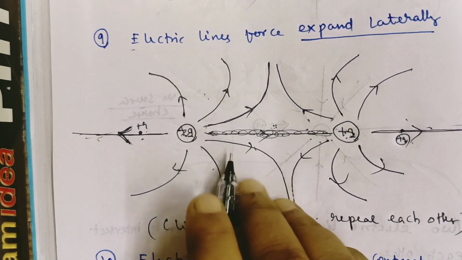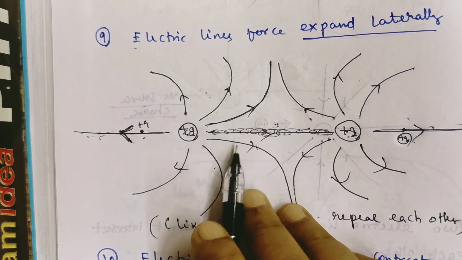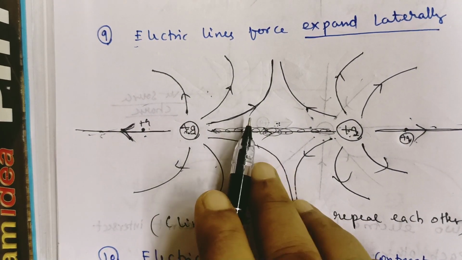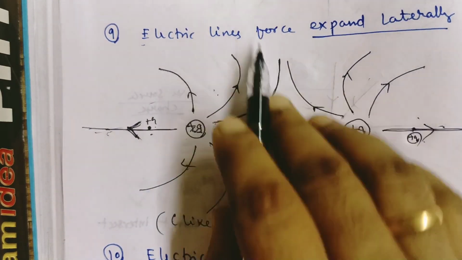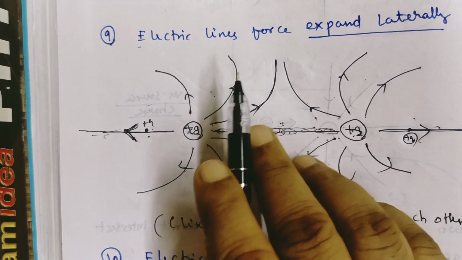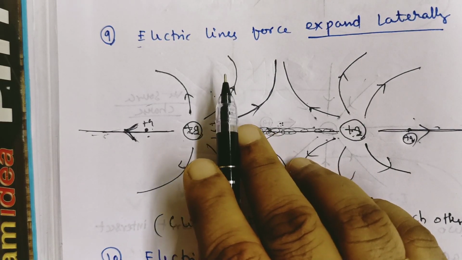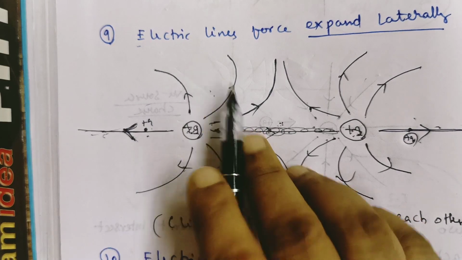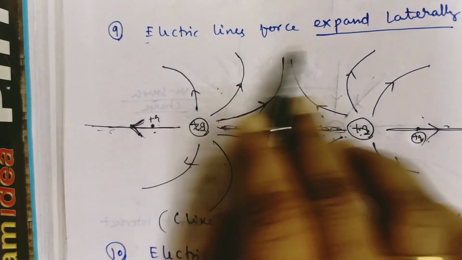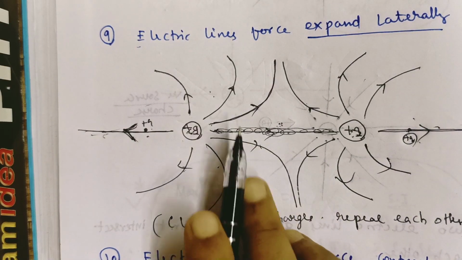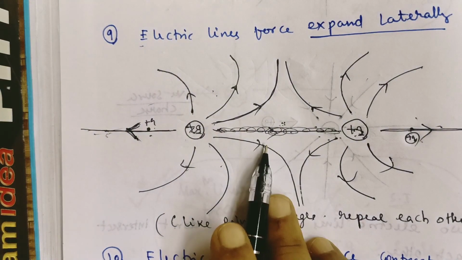And be very careful when you are drawing these imaginary lines. Initially I told you that all these lines are imaginary, not real. If you put a charge Q, you may feel that some lines will come, but nothing. It is only an imaginary concept, just to express the pictorial representation of the electric field that we are drawing. From these lines we can discuss what the strength of the electric field is and what the nature of the electric field is in this region.